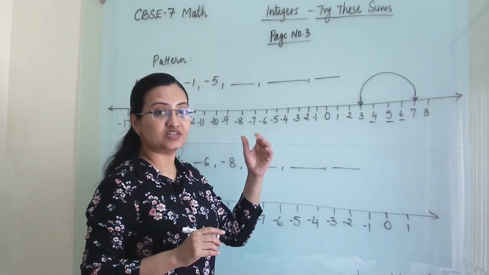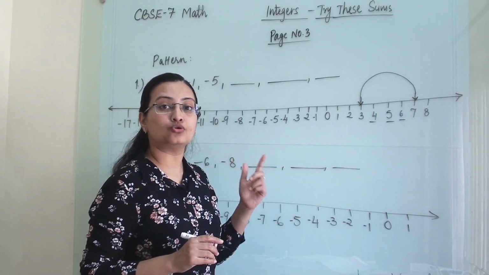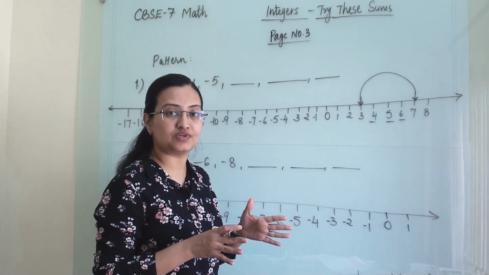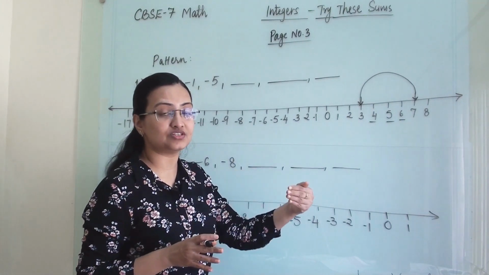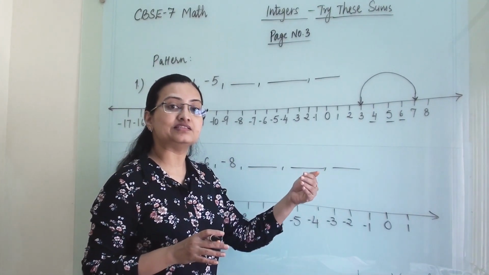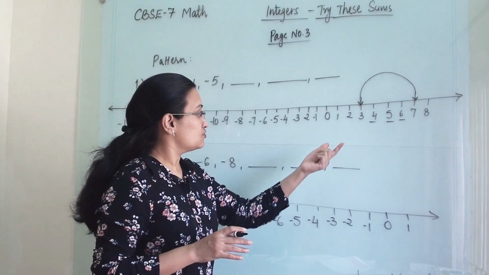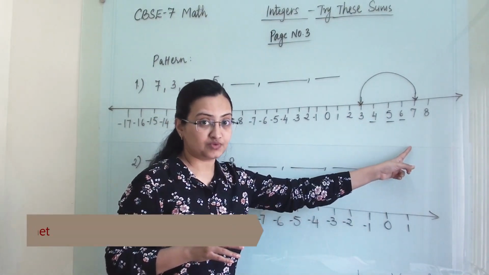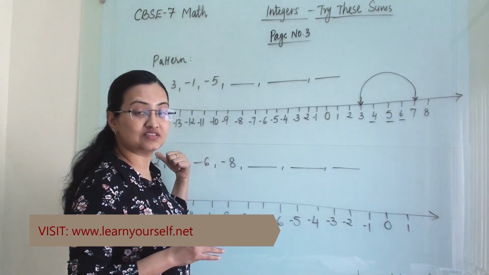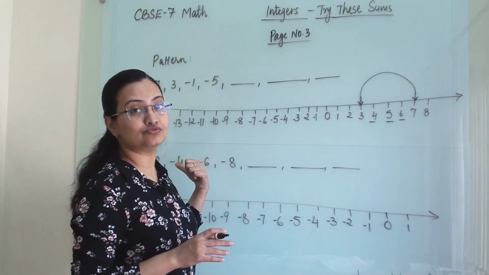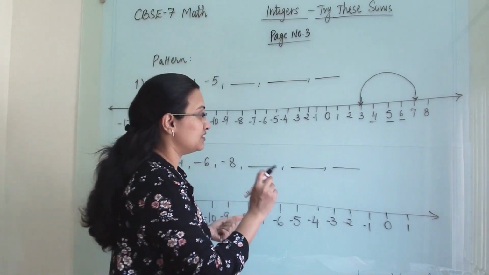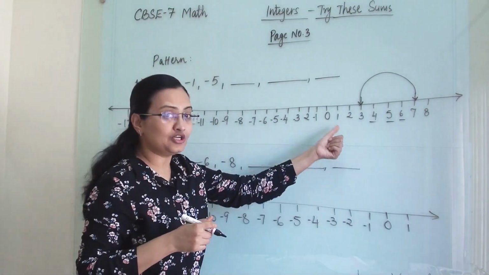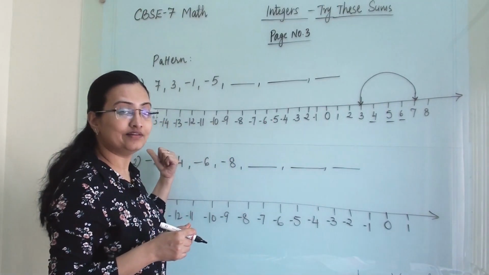Now once you identify the pattern, you will also get to know in which direction we are going, towards the left hand side of the number line or towards the right hand side. Towards the right hand side we cover the positive integers, the integers whose value successively increases. As we move towards this side, the value of integers will increase. As we move towards the left hand side, the values of integers will decrease. That is what we need to understand. So we are going in this direction.